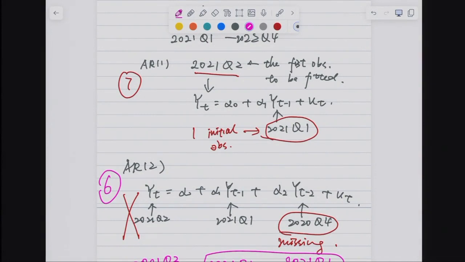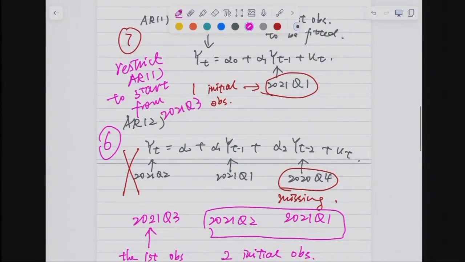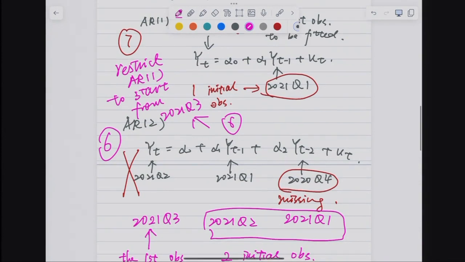Just set another initial observation aside. Restrict the AR1 to start from 2021 Q3. Then effectively, we will have 6 effective sample size to run the AR1, okay? We just omit the 2021 Q1, that's useless. We don't need to consider it when comparing different models. This first observation that we start running the AR1 is for 2021 Q3, which uses the 2021 Q2 as the